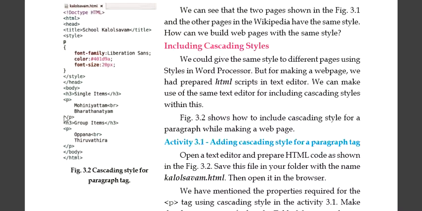On the screen you can see an HTML code for a web page. The starting tag is html and the closing html tag. The CSS file is included in an opening and closing style tag. After the title tag you can see a style tag, and the CSS file is included there, and the style tag is closed before the closing of the head tag. So to include a CSS file in an HTML page we use the style tag.